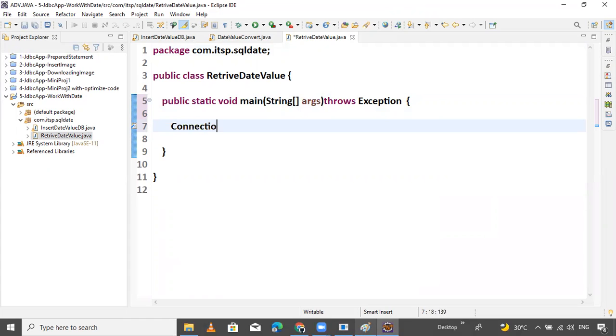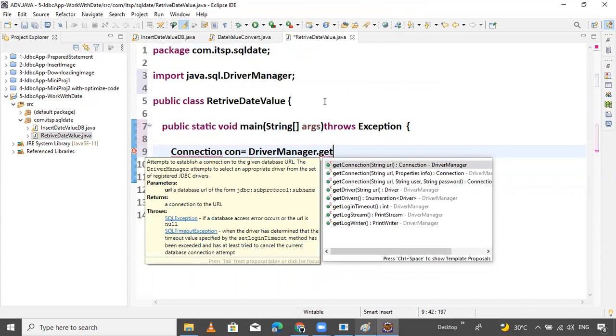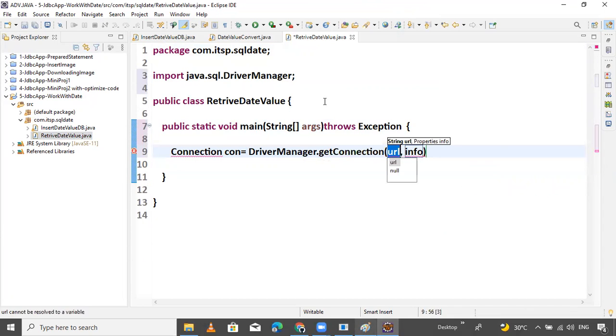Connection con equals to DriverManager.getConnection method is there. Passing the URL, and here username, comma, and password.